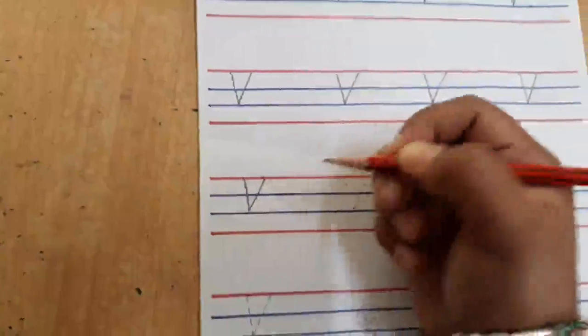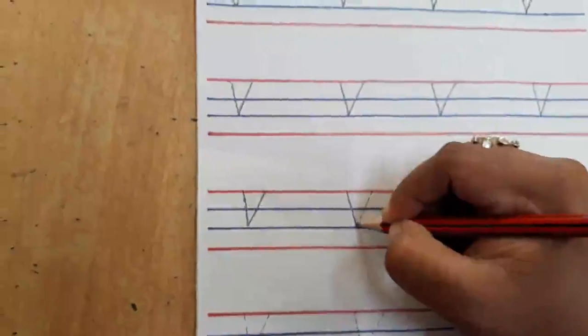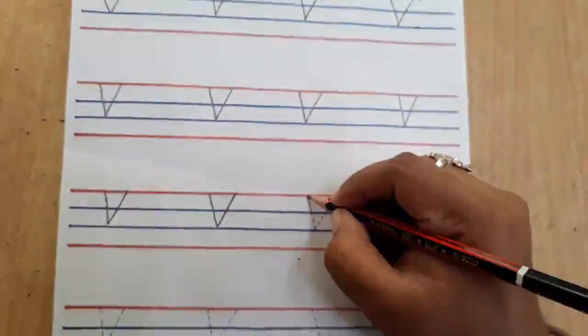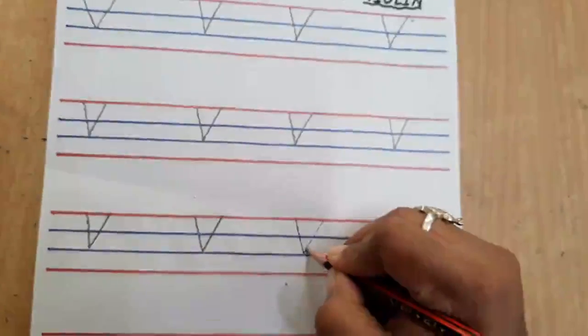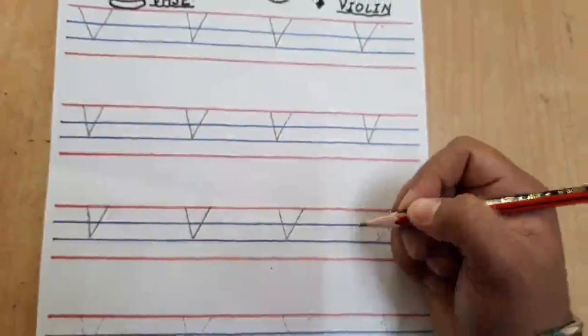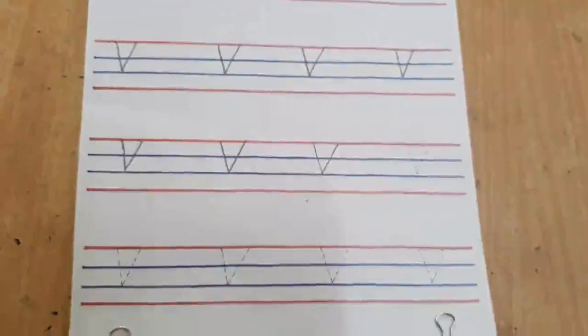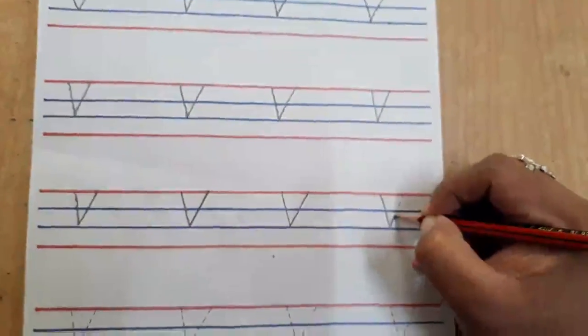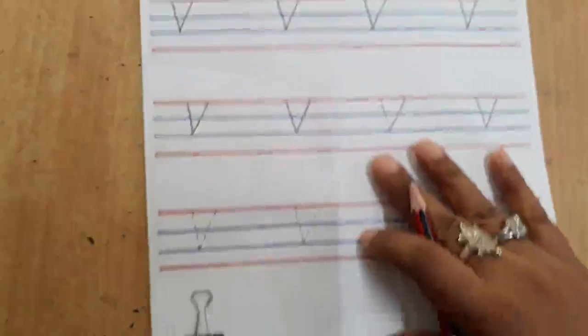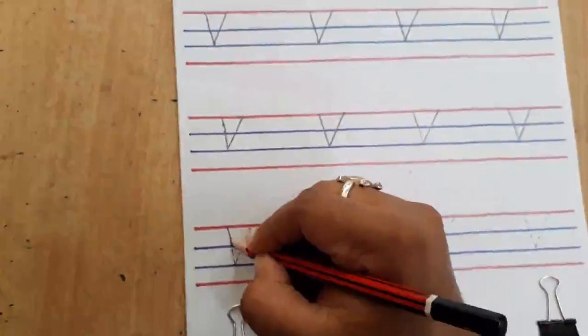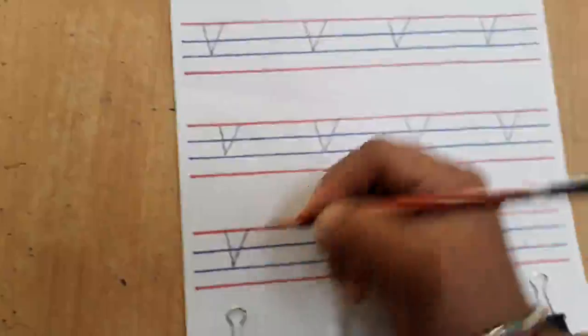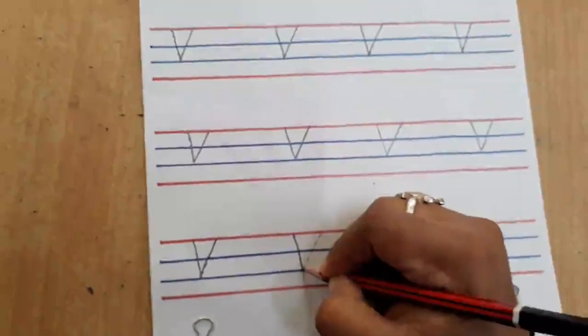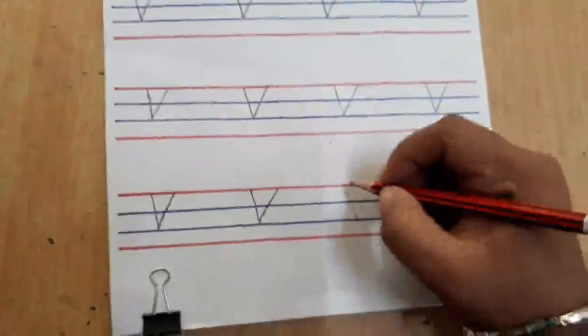Down and up. Once again, just come down, take your pencil, up now. And just trace it slowly. धीरे धीरे trace करना है आपको. You need not trace it very fast. Slowly work करेंगे so that you can do it beautifully and neatly. Like this, come down, go up. Clear? Once again we will do like this. You will trace letter V in your notebook.